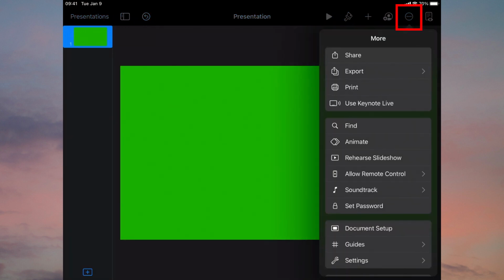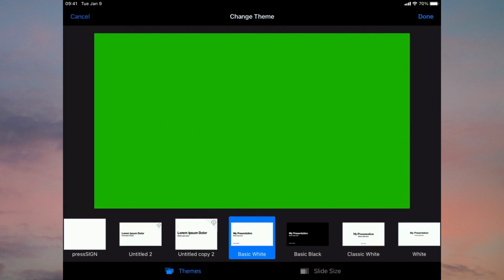If you're unsure that your slide layout is exactly the dimensions that you require, touch the three dots in the middle of the circle at the top right hand side of the screen, and that brings down a More dialog box, and near the bottom there's one that says Document Setup. If you touch the Document Setup icon, a range of new slides appear, but below those there's one that says Slide Size right at the bottom of the screen.